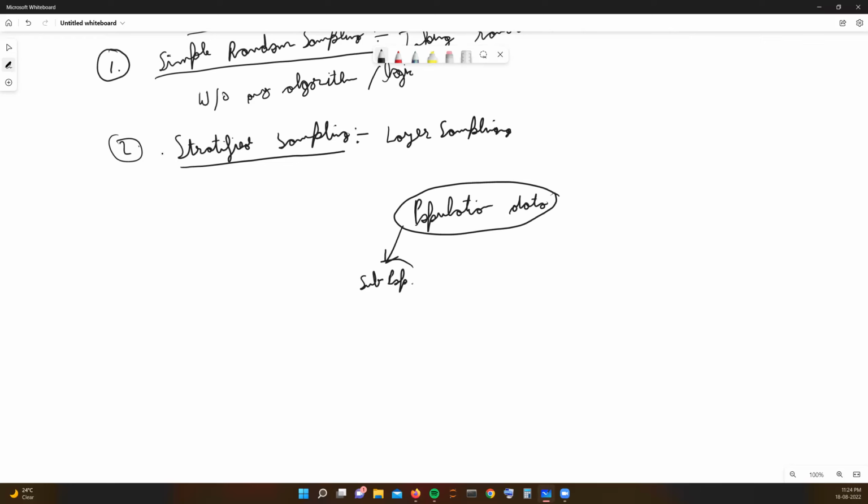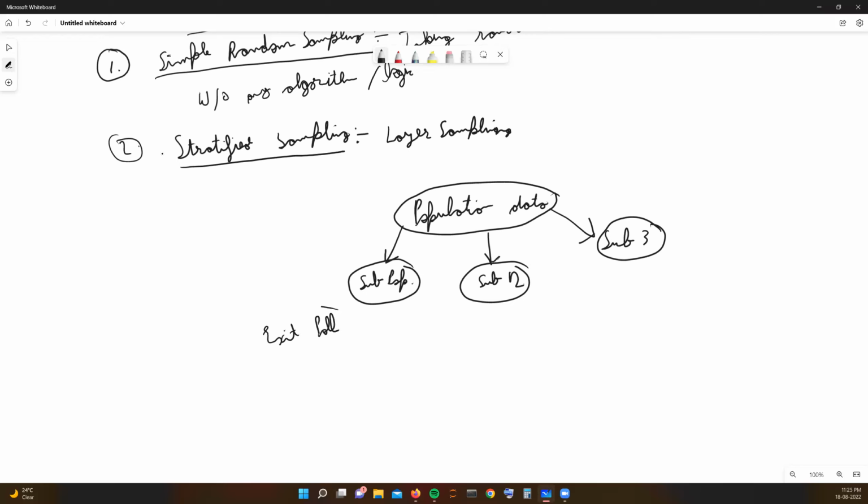subpopulation 1, subpopulation 2, and your subpopulation 3. So now, from these further subgroups of the population, data is picked up, and samples are made. So basically, we are representing data from every subpopulation. One example of this is making the strata based on the age of the people, and taking equal data from all the strata. For example,